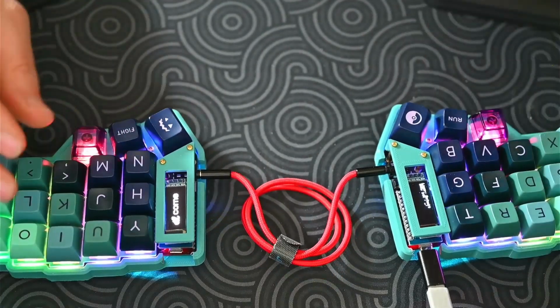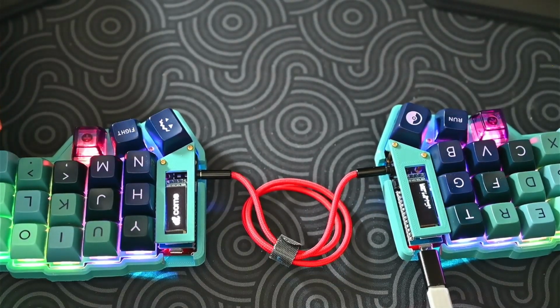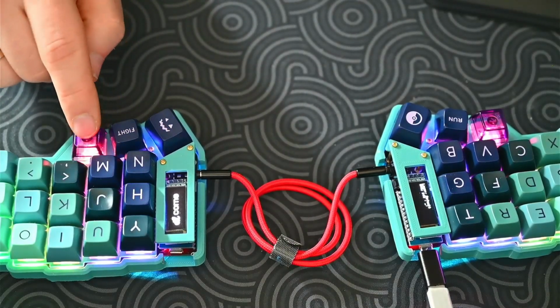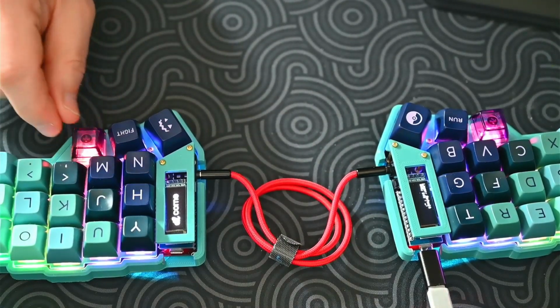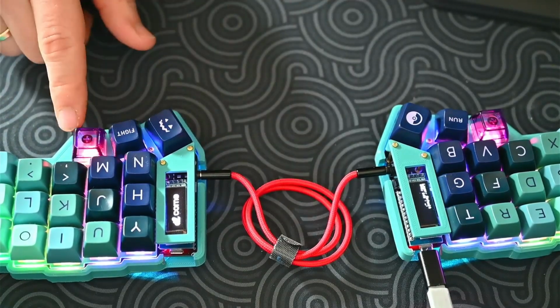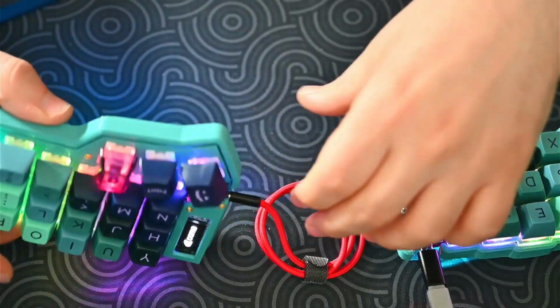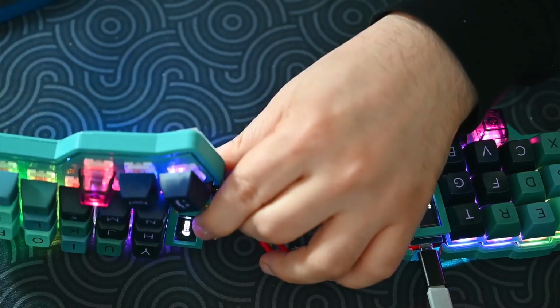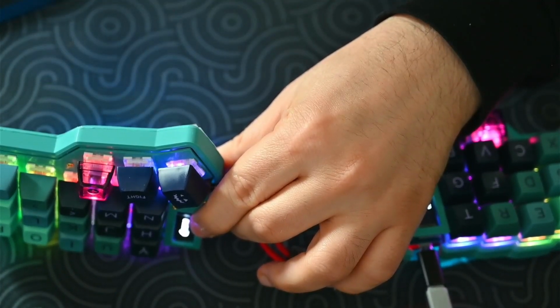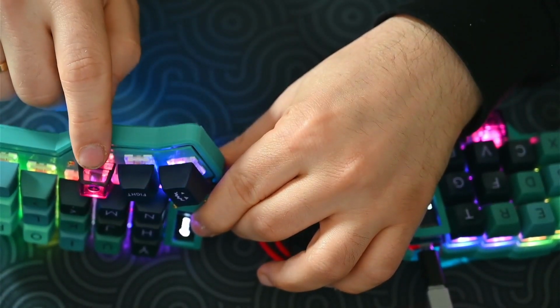I know there have been some complaints, but I don't see any issues. And the shiny keycaps, they're really nice. They feel amazing. And for some reason they are double shot as well. I don't know if it's easy to see that. Let me try to manual focus on that. Right, there. So